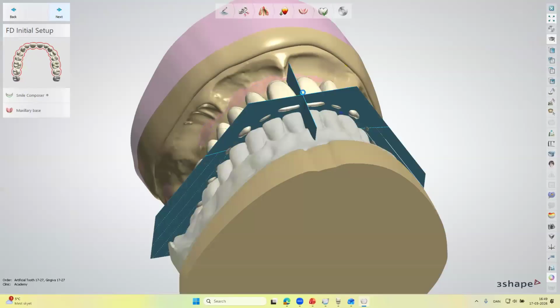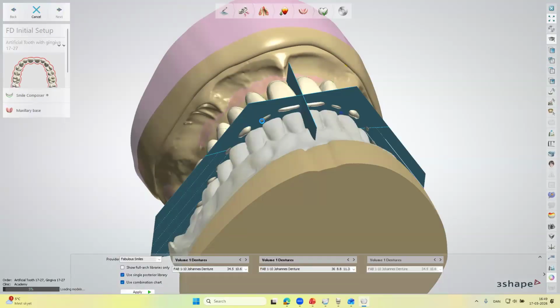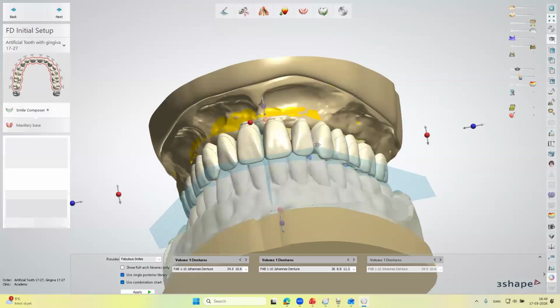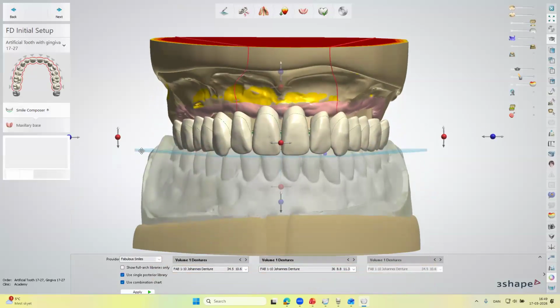Okay, then we have a standard wax blocking, and then setting up the teeth through the Smile Composer. In here, like I said, very important will be to select the library for the teeth that are enabled, or they are allowing for designing